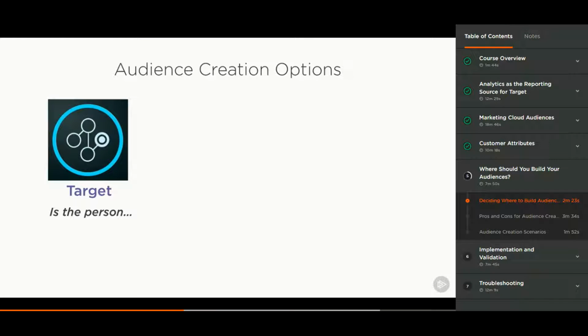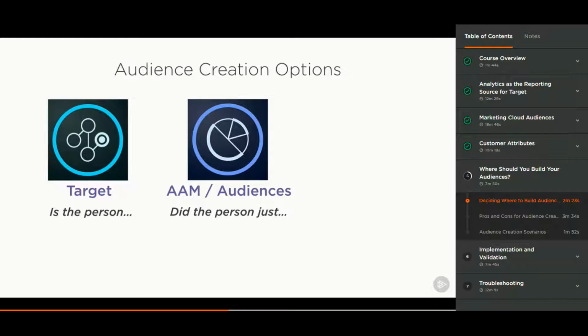If you find yourself asking, did the person just look at a particular page? Did the person just add something to their cart? Did they just apply for a credit card or loan? Then these types of questions can be answered very well with audiences created in the Audience Manager and Audience Library. Qualification in Audience Manager or the Marketing Cloud happens as the data flows into the system. When raw analytic data is involved, it usually takes place on the analytics call, which is typically at the bottom